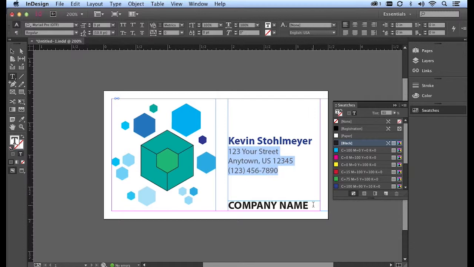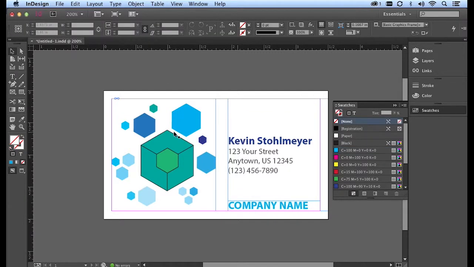For the company name, again, I'm going to select that text, and I'm going to choose the cyan color for that. So those colors actually mirror what I have going on my business card logo over on the right. So this looks pretty good, and I'm happy with where I'm at,